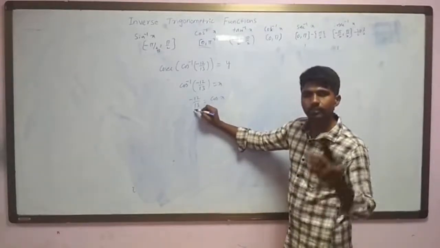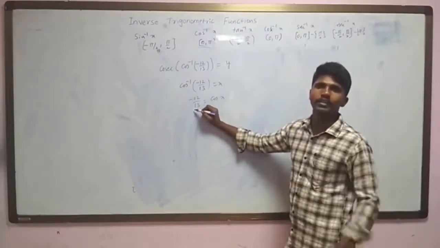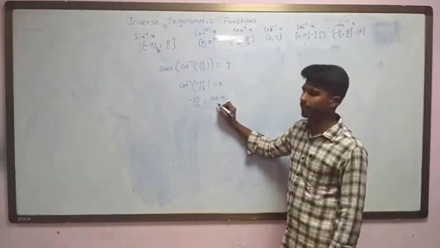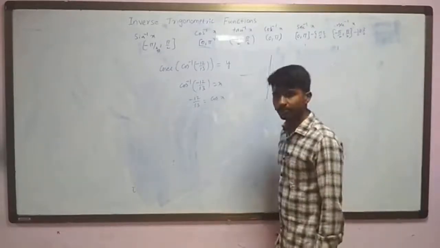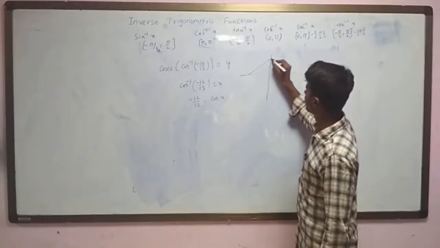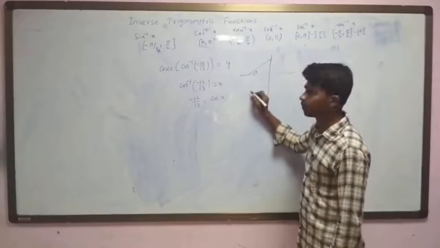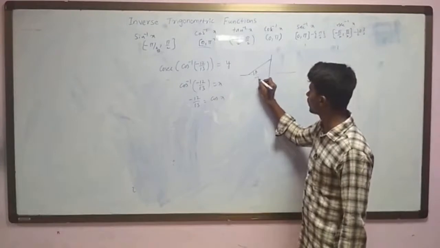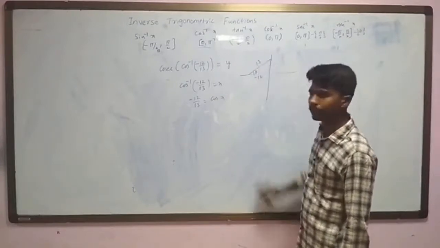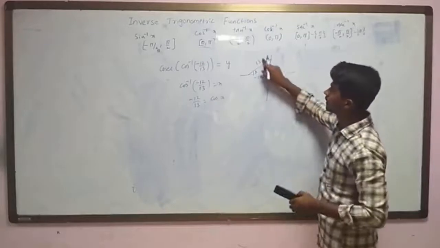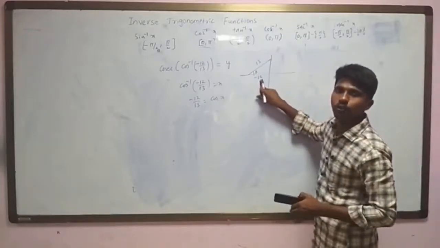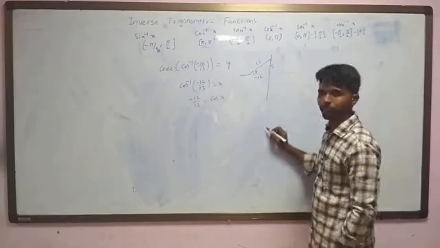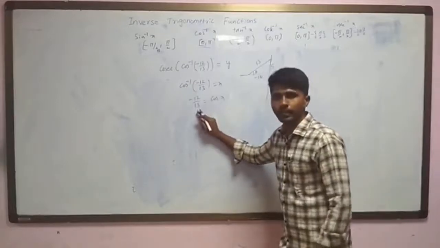So cos x is negative in the second quadrant and third quadrant. The third quadrant is restricted. We have to go with only the second quadrant. So cos x belongs to the second quadrant. In the second quadrant, if I form a right angle triangle with angle theta, cos theta is defined as adjacent by hypotenuse. So this value is minus 12, this will be 13. According to Pythagoras theorem, 13 square minus 12 square is 169 minus 144, which is 25. So root 25 is 5. So cos x is equal to minus 12 by 13.